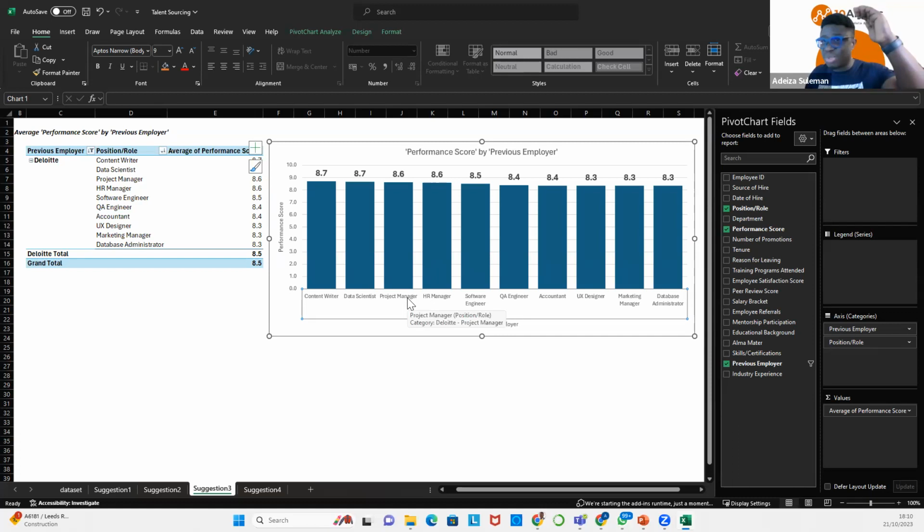Project manager was also part of the top 3 that came from LinkedIn. Data scientist was not just the role that came from LinkedIn. So we need to find out where's the best place to get data scientists from. And these are questions we can keep on asking, and our data can keep on giving us the answers to these questions. I'll quickly show you how to do all of these things we've done manually.